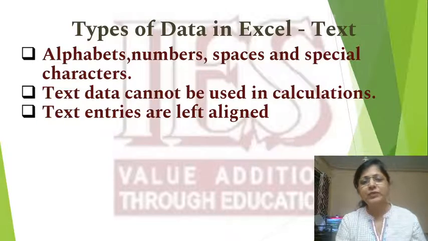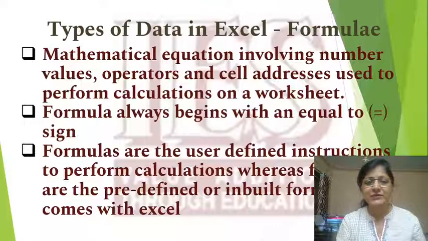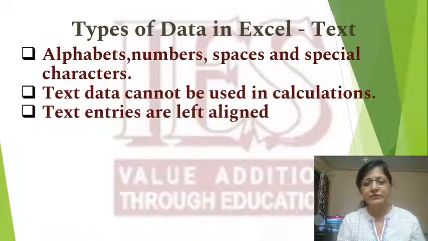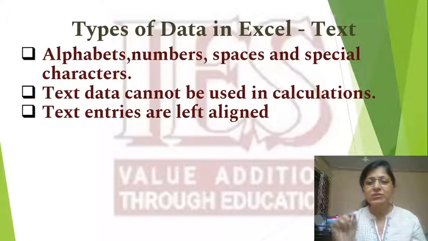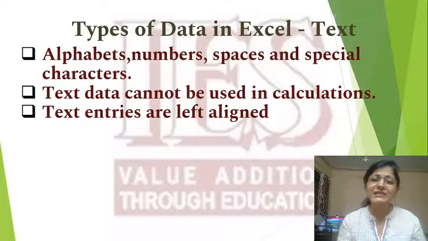Okay, when you use even a number as a text, you cannot use it as a calculation, and text data is aligned to the left. We have also seen in the previous session, when we were doing Excel, that if you want to write some special numbers, for example 001, when you type it in the Excel sheet, it will only display 1. It will not display 001. So if you want to display it as 001, you will have to display it as a text.